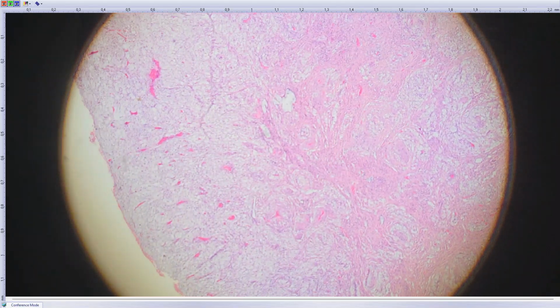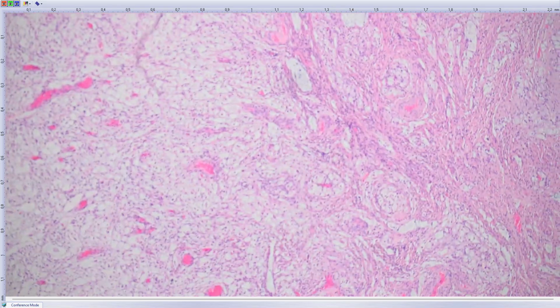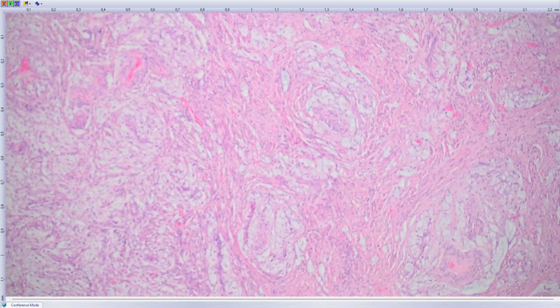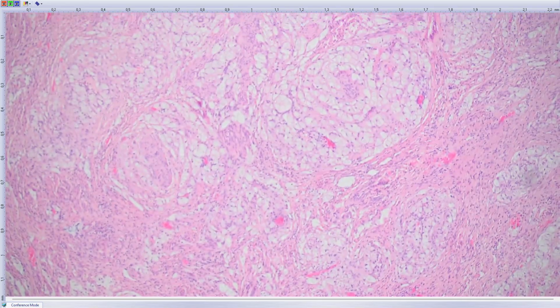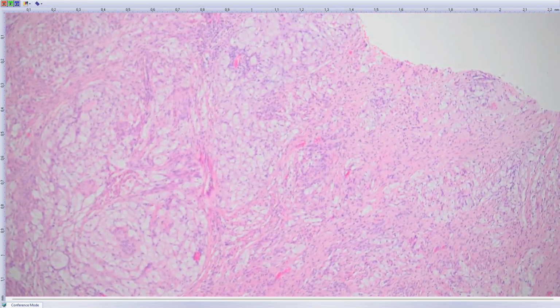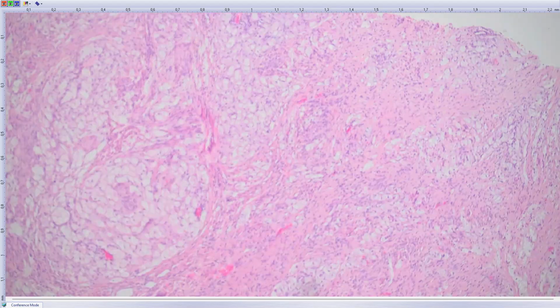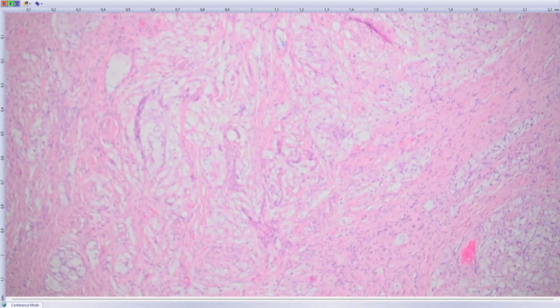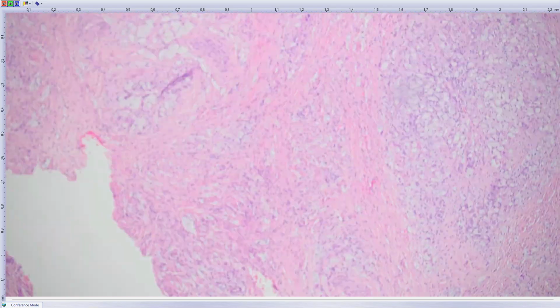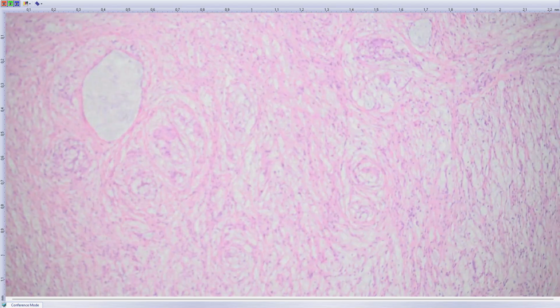We can clearly see that this is not leiomyoma, this is something different. Here we have epithelioid cells with very voluminous mucinous cytoplasm. So there are signet ring cells dispersed in the